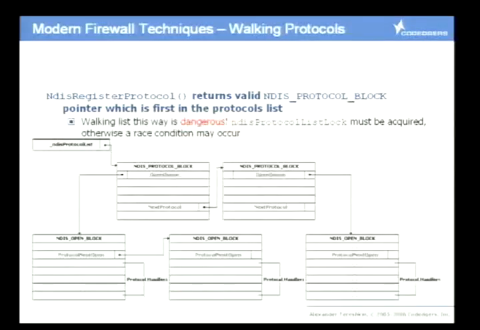But none of the current firewalls acquires this lock. Furthermore, none of the firewalls now searches for the protocol list head. They just register a temporary protocol. So this solution is not absolutely safe because when